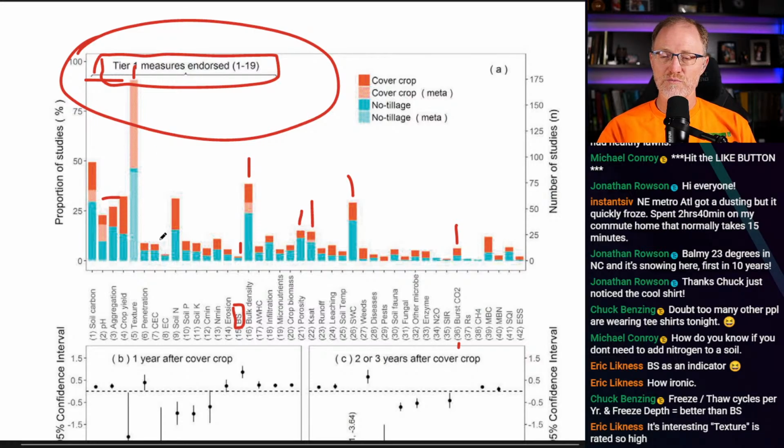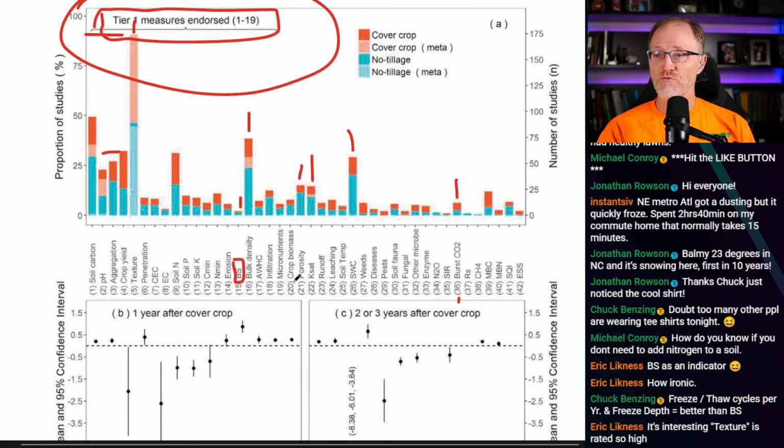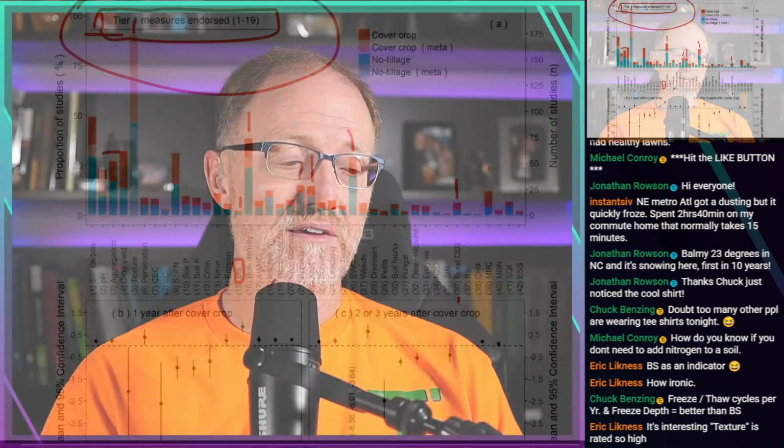Only 25% reported aggregation, soil aggregation. Very few. All these are very, very low. And that's what I would expect to see. So write a big fat check and give these soil scientists enough resources to go out there and do this work. And we'd love to do this work. But someone's got to pay the bill.